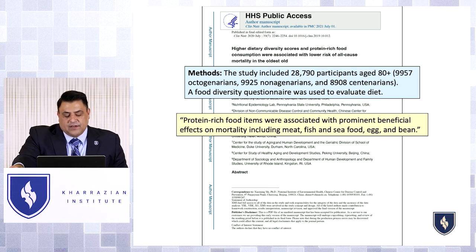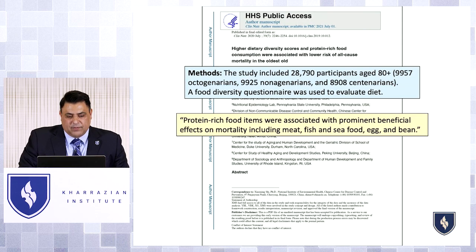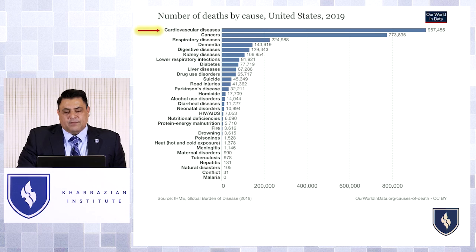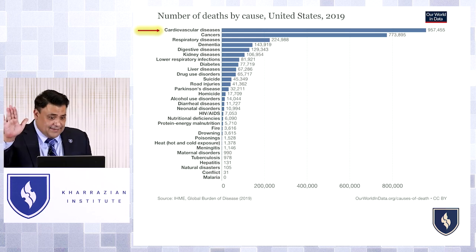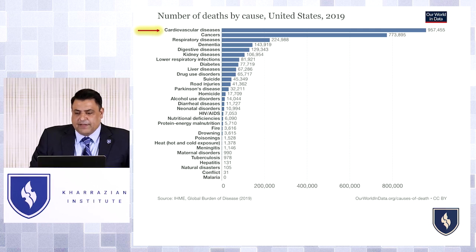So just another key concern: when people are focused on caloric restriction, they've got to make sure that they don't become nutrient deficient. Macronutrient deficient would be not enough protein, okay? Now, those are all the studies on longevity, but then we have to talk about wellness. When you talk about wellness, meaning not having disease, there are direct links to diet and wellness. And obviously the most important connection is cardiovascular disease.